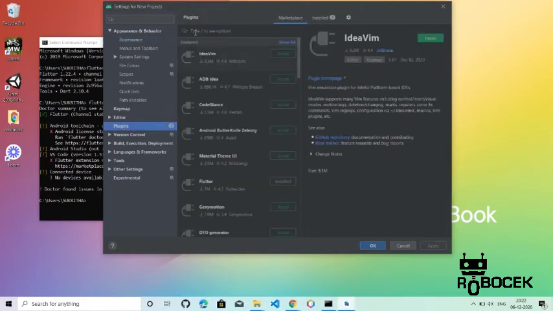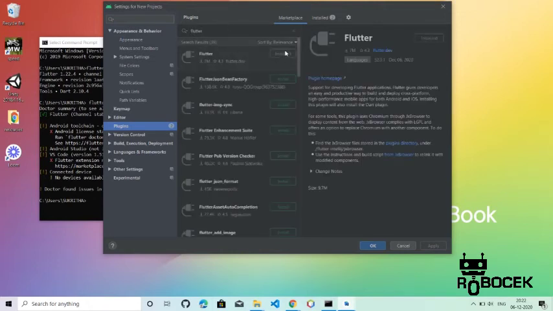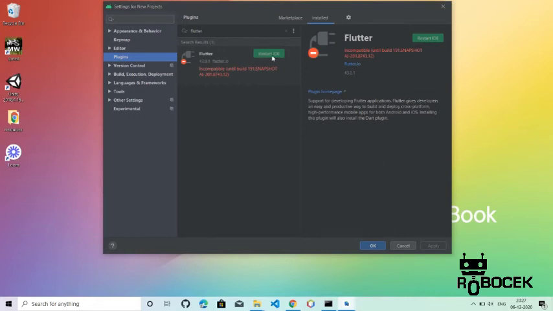Inside Plugins, search for Flutter. Here I have already installed Flutter. You may have to install it, and along with Flutter, Dart will also get installed. It's asking to restart the IDE.